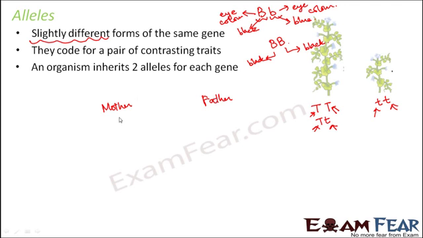So if this is mother and this is father, let us suppose mother contributed capital T, father contributed capital T, so the offspring will have capital T. Similarly, if mother contributes small t, father contributes small t, they both will combine to form small t. So this will be the offspring. So this is the concept of allele. Now, very much related to allele, we will now